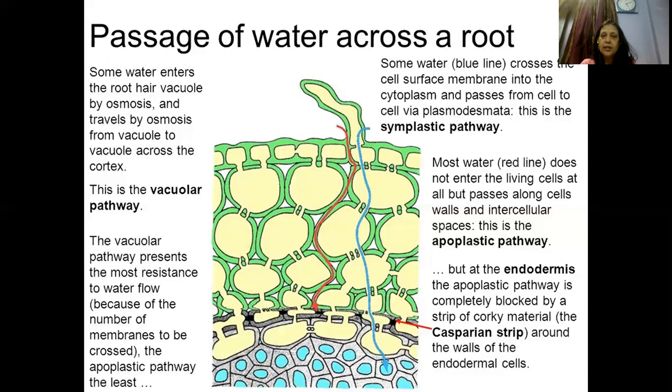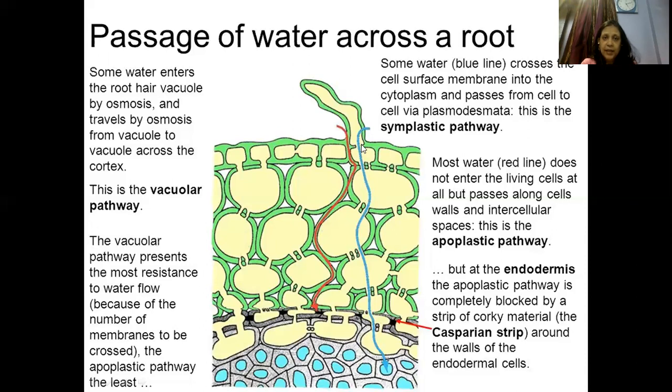Whereas in the red line that you see here, what do you see? The water does not enter the living cells, but what happens? It passes through the space between the cells. What are you seeing? You are seeing the space between the cells here. It is passing through the intercellular space. That means through the space between the cells, while this pink line is passing through the cells.